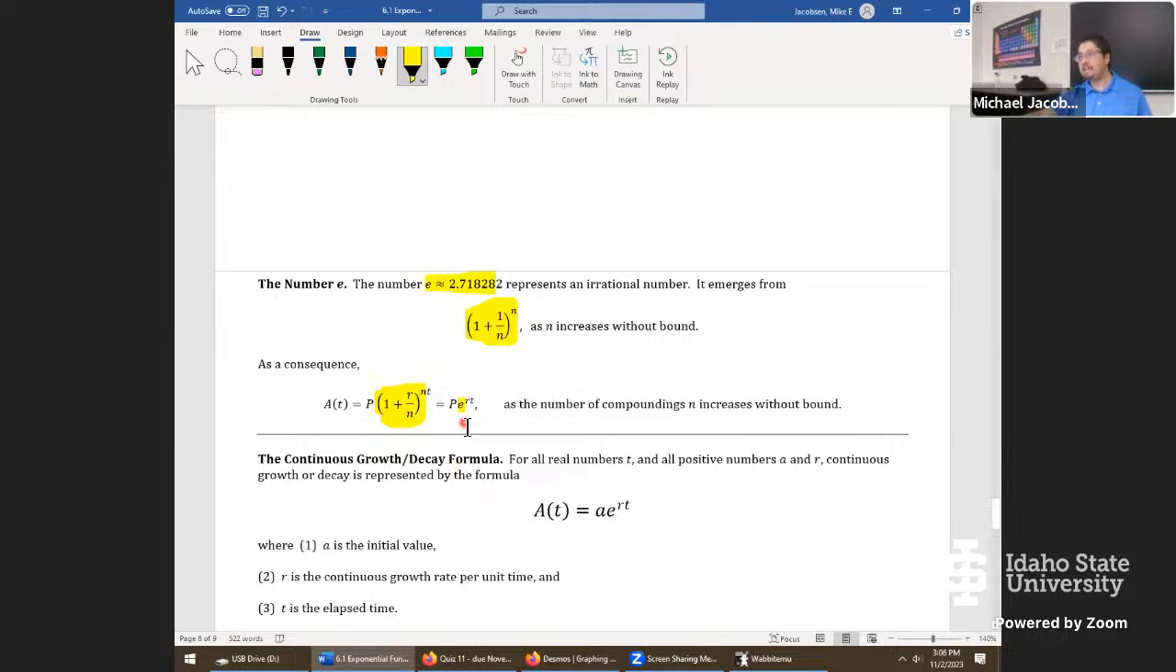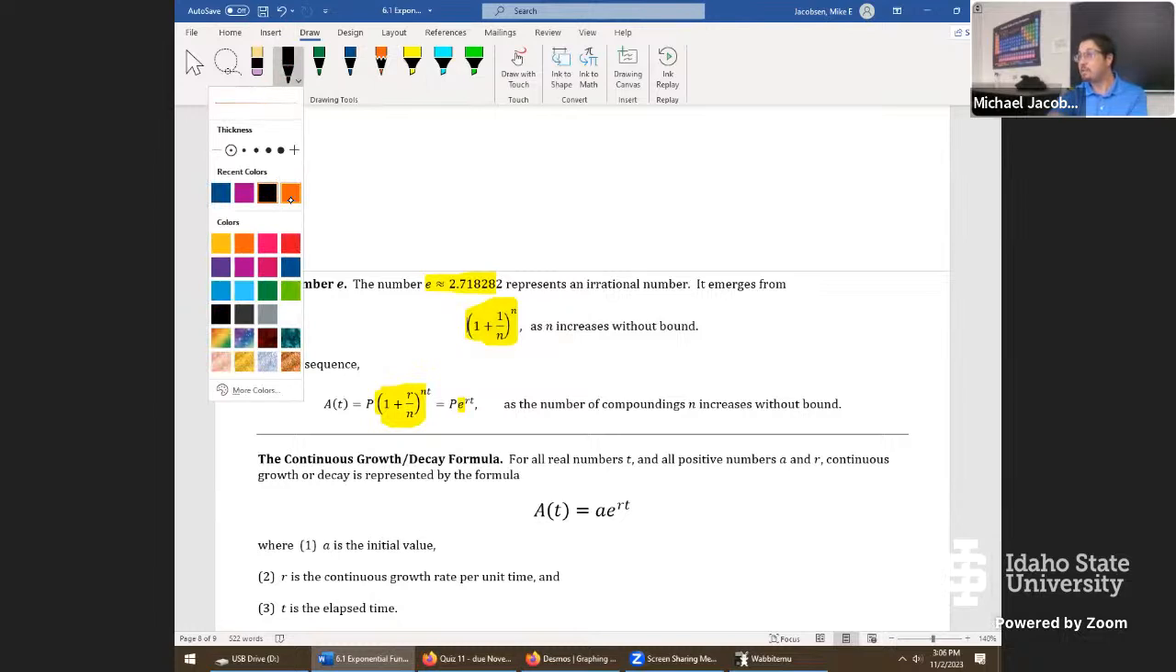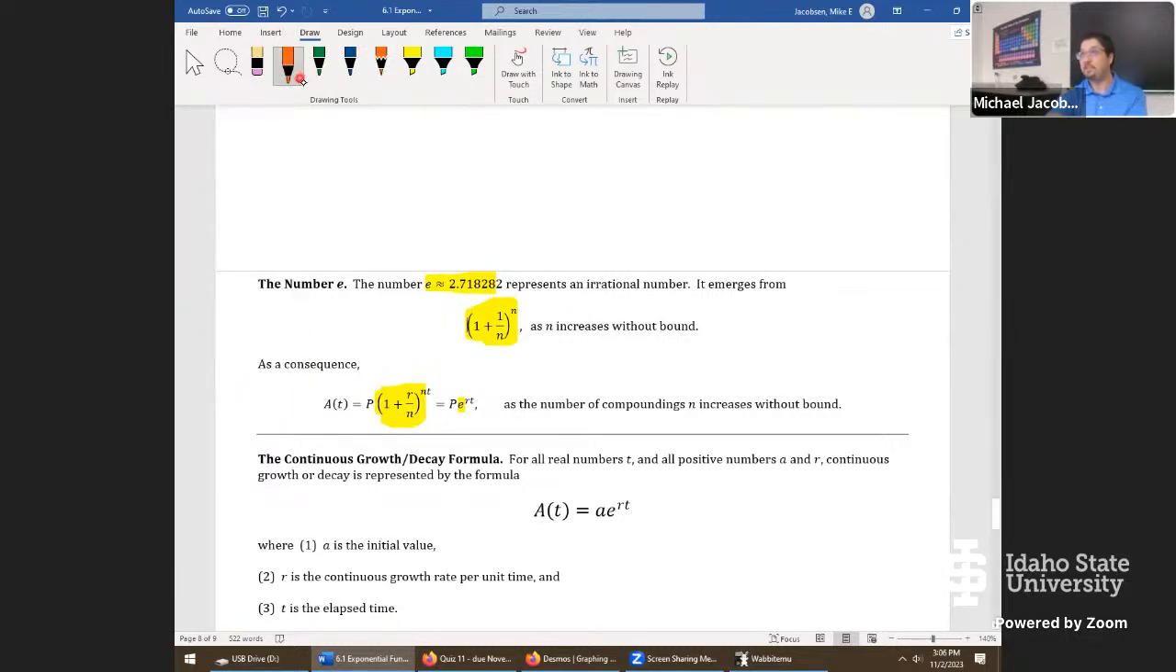A equals P-E-R-T. All that happened is the thing in the middle we just replaced with E, and that's our formula for compound interest if you are compounding continuously. What this means now is n was going off to infinity. The number of compoundings is kind of hard to even express, but we can say the principal or the amount